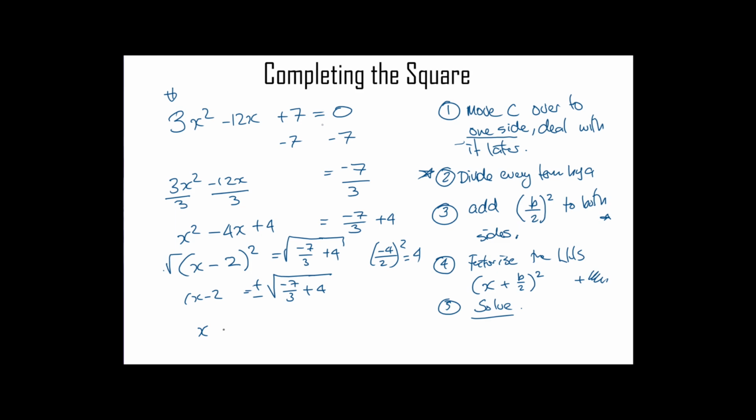So x is going to be equal to 2 plus or minus the square root of -7/3 + 4, whatever that number is. This is a third number, so it doesn't really make much sense to factorize it, and we can just leave that as our final answer. All right. With that said,